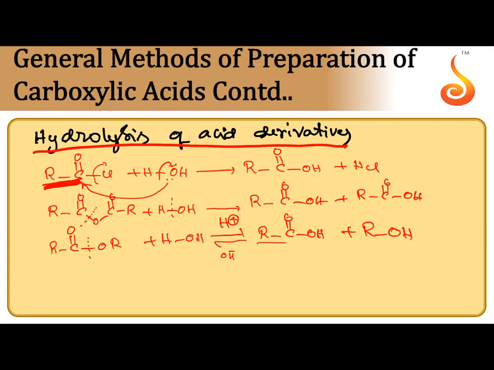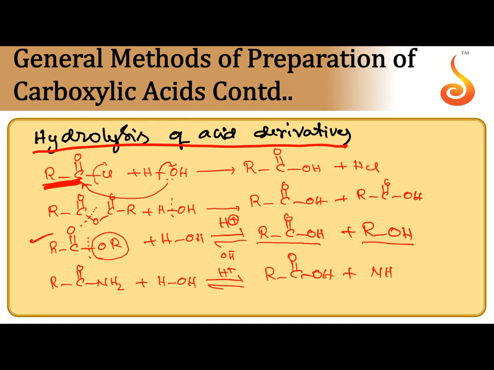In the backward direction, acid undergoes esterification with alcohol to give back ester. So the reverse reaction, backward reaction, is called esterification. So the reason, the leaving group, alkoxy group, is not good leaving group. Next, RCONH2, amide. Amide also undergoes hydrolysis in the presence of acid or base as catalyst. We can get RCOOH plus NH3. So for the last two, we required some catalyst, acid or base, because of the leaving ability.